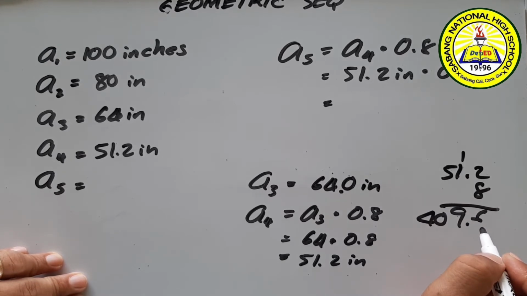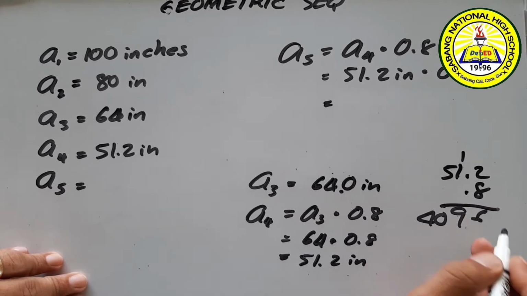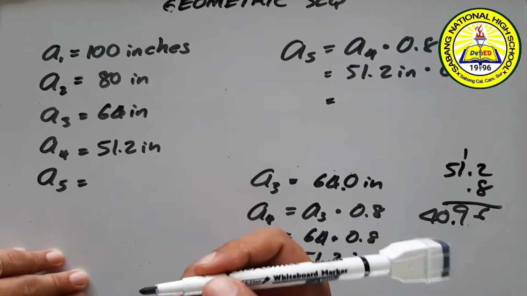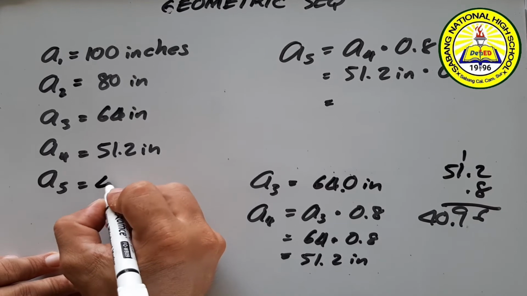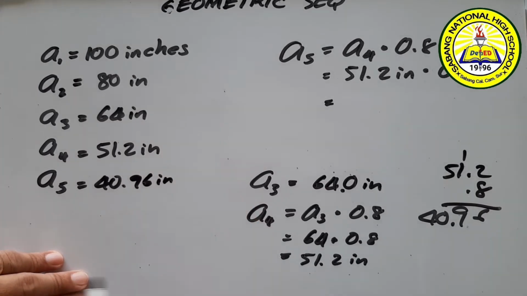Why is that? Dalawang decimal. We have two decimal places. So we have 40.96 inches. So the height of the ball on the fourth bounce is 40.96. The fourth bounce is the fifth term of the geometric sequence created by a bouncing ball dropped from 100 inches